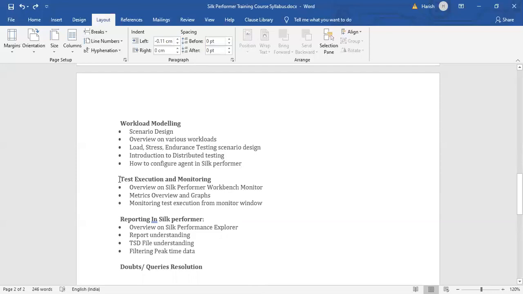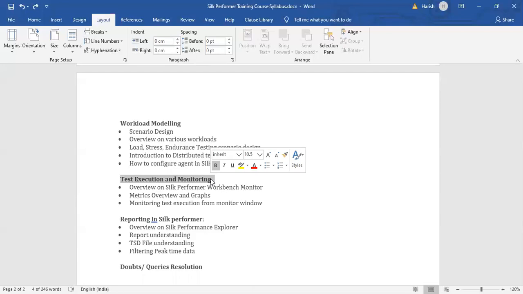And there we go. Now we have our script ready and a workload model ready. Now it's time to execute the script and pump a load on the application. So in execution and monitoring, I'll introduce you to the third component of Silk Performer, which is Silk Performer Workbench Monitor.